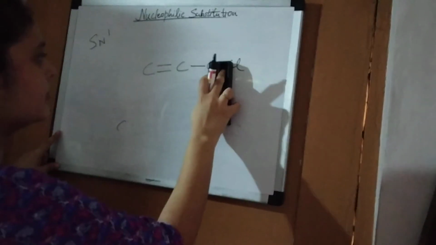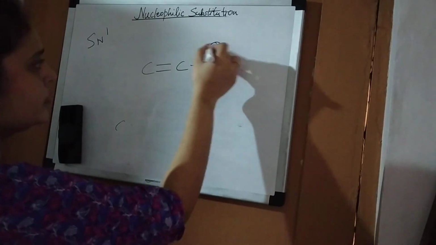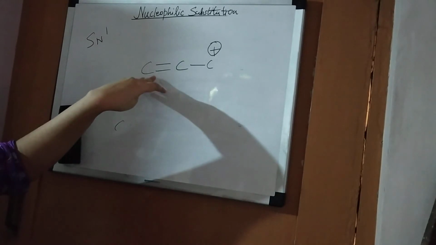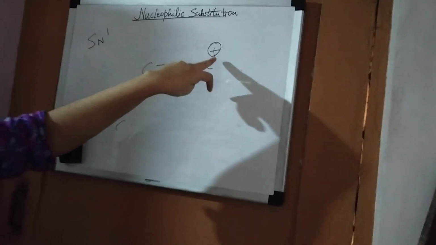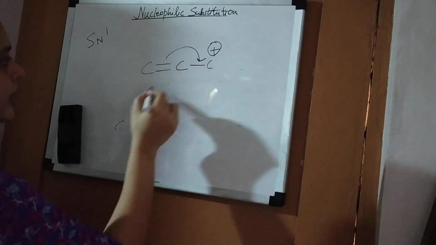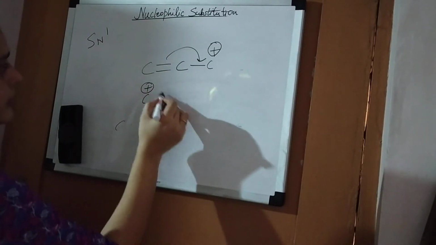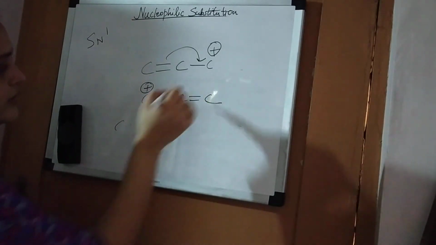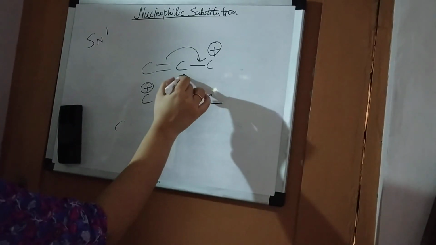So here what happens is, this is in the case of the carbocation, so this is in the case of SN1. Allyl halides readily undergo the SN1 mechanism because here the carbocation is stabilized through the resonance effect. This double bond will shift here and you will get this carbocation. So resonance is happening here. The resonance effect is stabilizing the carbocation.